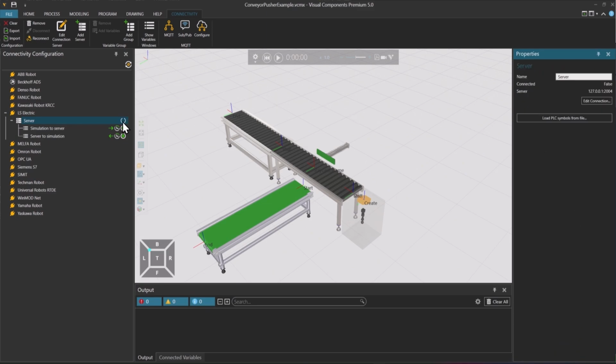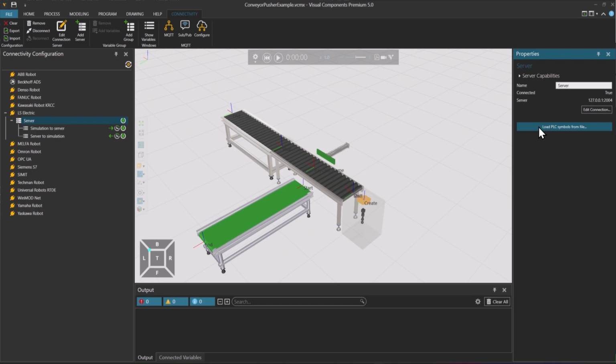Next, I will enable the connection either by pressing on this Connect button or by clicking on this Reconnect while having the server connection selected. Note how this icon turns green to indicate that the connection is currently active.